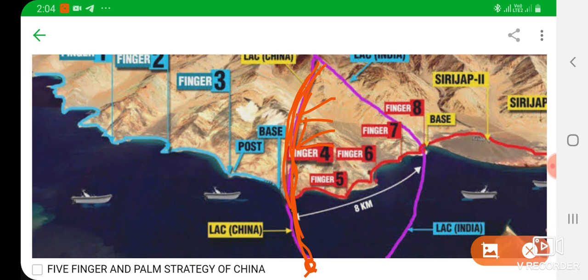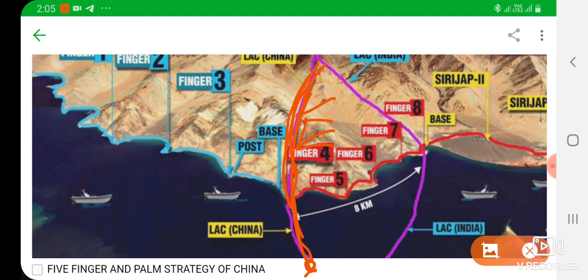If we lose Chushul Valley to the Chinese, we are definitely going to suffer, because this is one of our important strategic points. So what the Chinese want is to grab our important strategic point, Chushul Valley, and they will have an advantage only if they get it. For that, they have already made some forward movement, like making a border post at finger point 4. So we are not that happy about this movement of China.